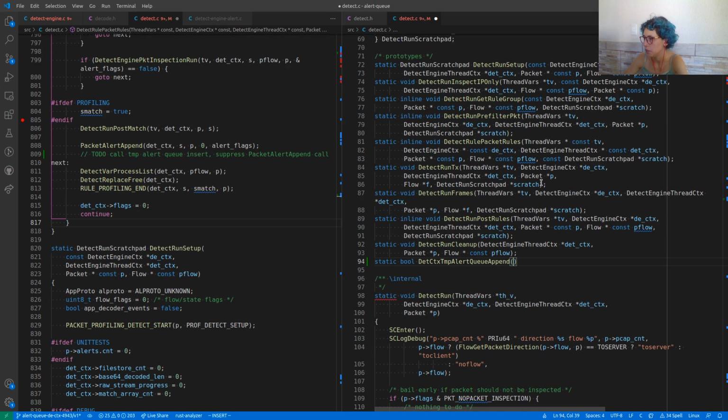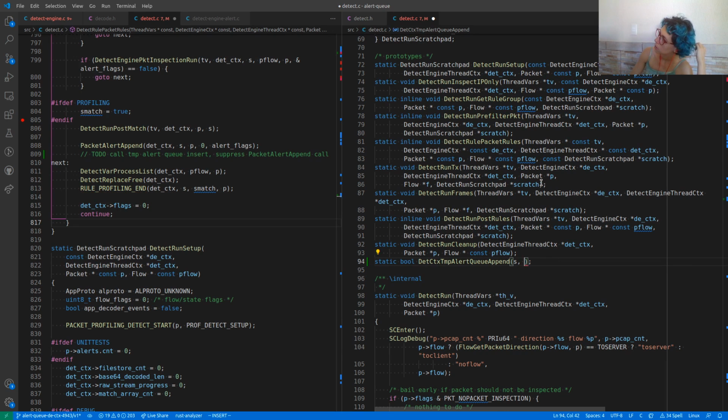What do we need? I'm thinking that we want basically the same things, close to what we had for the packet alert append, but we will not use the packet right now. So we will have the signature.